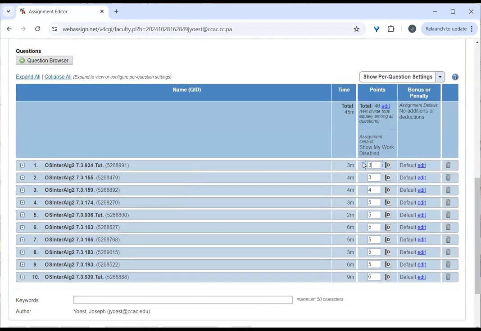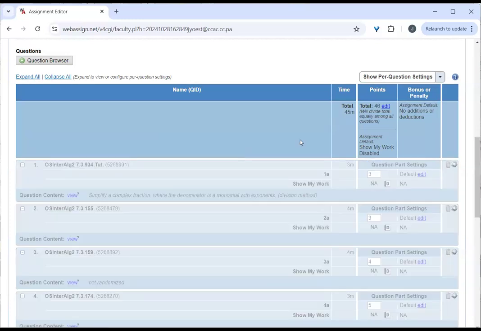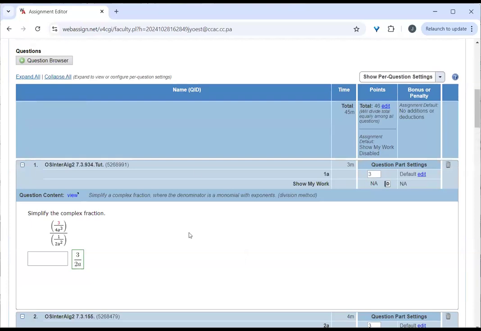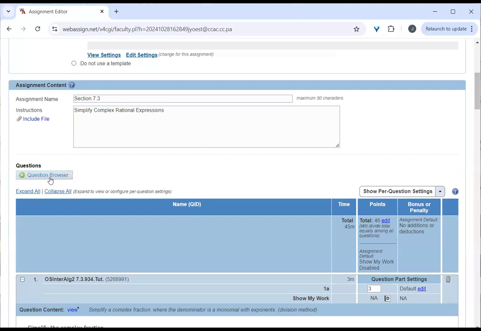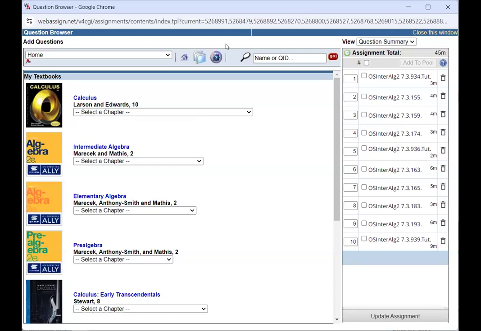I could change point values for problems. If I expand all, I could see what problems are available. Or if I go to question browser, that will pop up another window. Let me switch over to that window. If I jump over to question browser here,